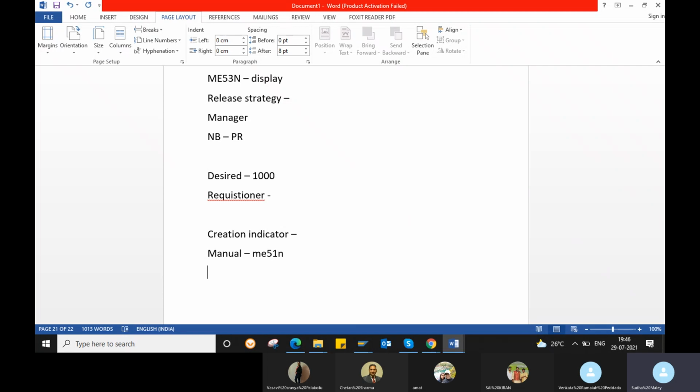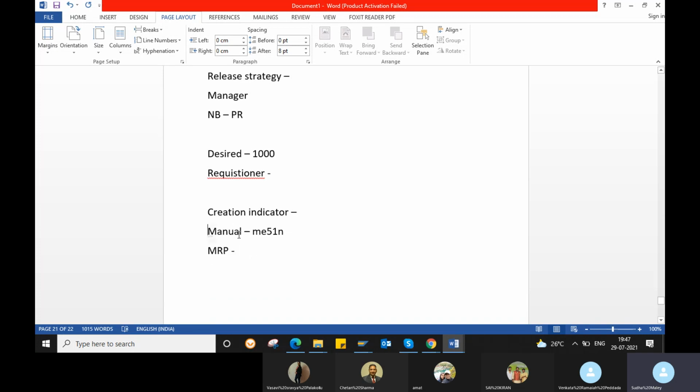But there are processes in SAP where the purchase requisition will be generated automatically. If there are some processes in SAP like MRP, you don't know, because in the future we will discuss all these topics like material requirement planning and third party process. So automatically in that case, you will not create your purchase requisition manually. Okay, so automatically the purchase requisition will be generated.